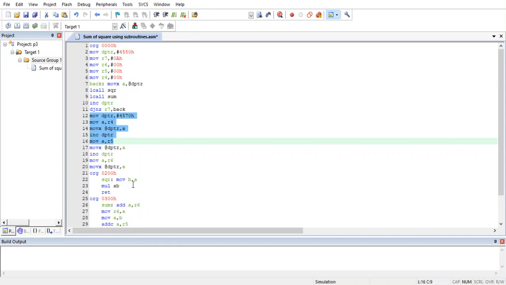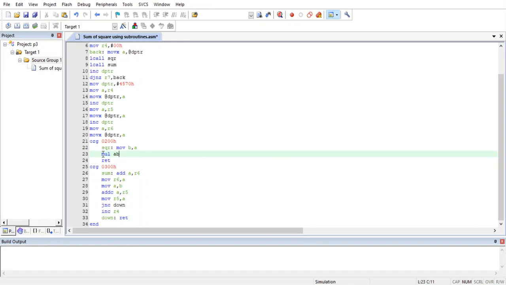Then we have written the subroutine. The first subroutine is for squaring, so we give the instruction MOV B, A, which means that the data that is there in A will also be copied to B, and then we have multiplied A and B. The result comes in A and B itself. The lower byte comes in A, the higher byte comes in B. Then we have returned, and then we have written the next subroutine for summing,